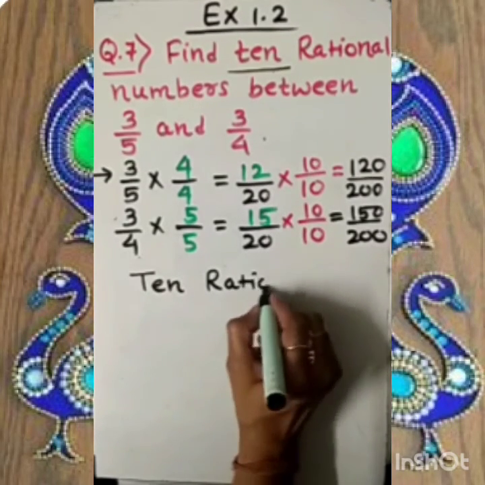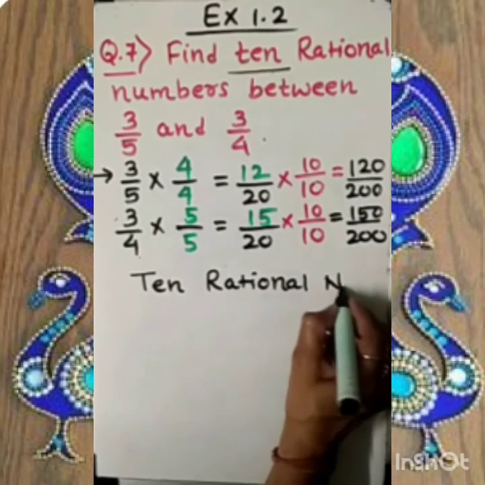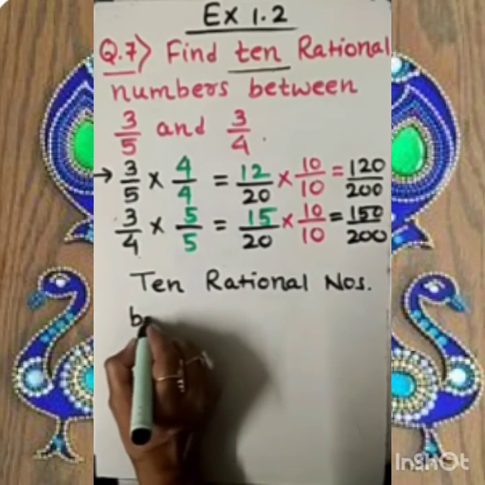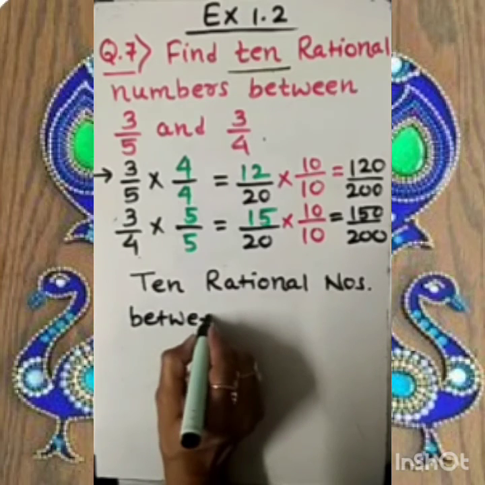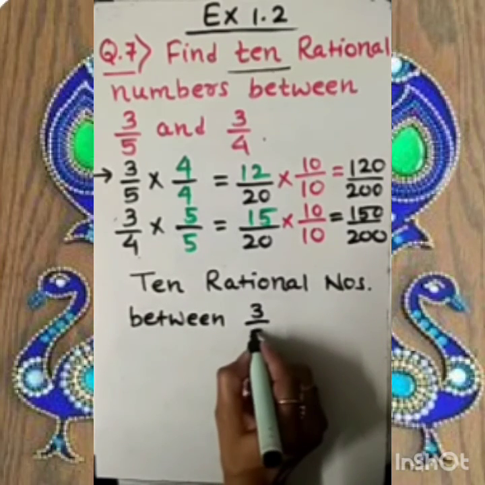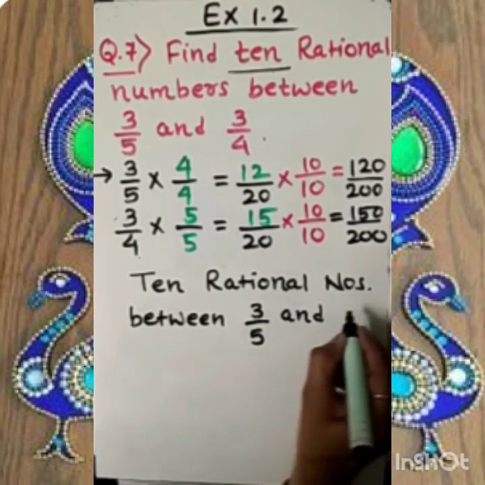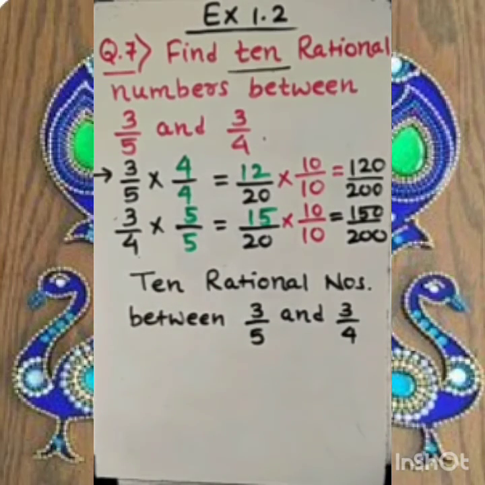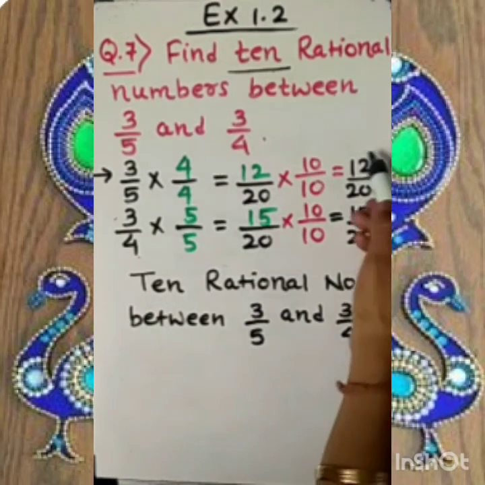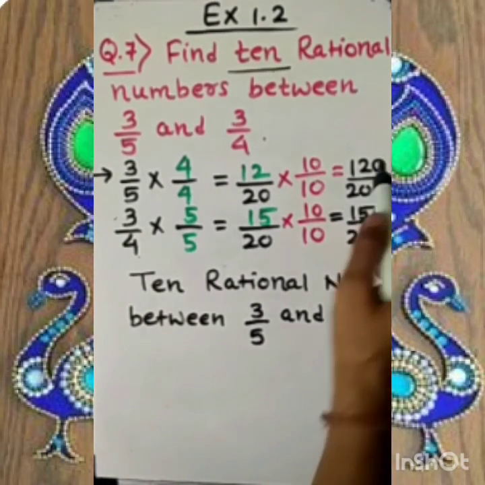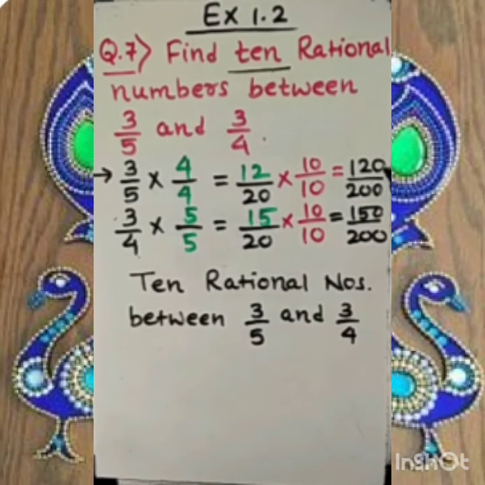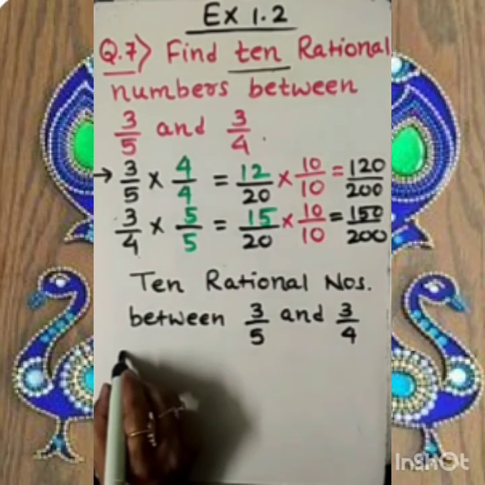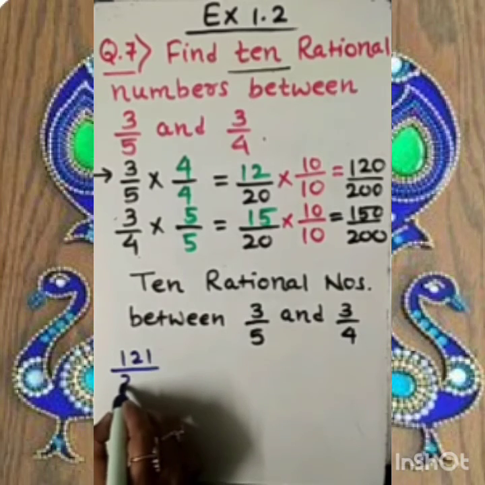10 rational numbers between 3 by 5 and 3 by 4. This is the original number according to the question. The 10 rational numbers we have to list out. So we should not include these two numbers. They are the boundaries. So after 120, we can begin with 121 by 200,